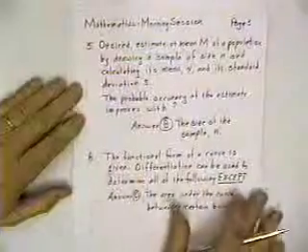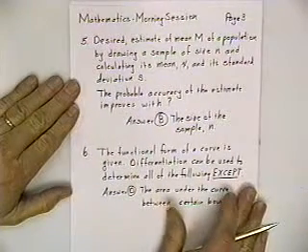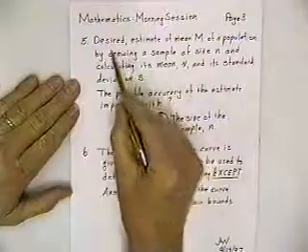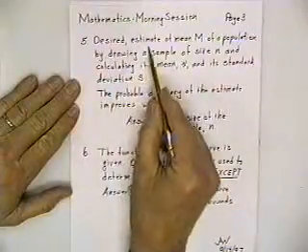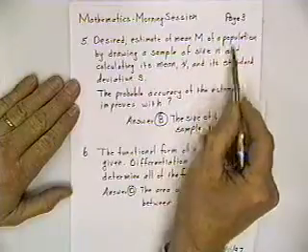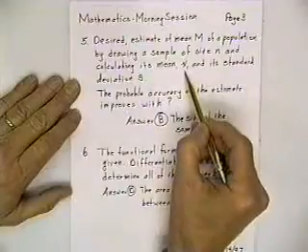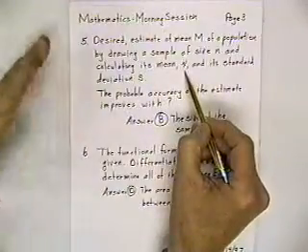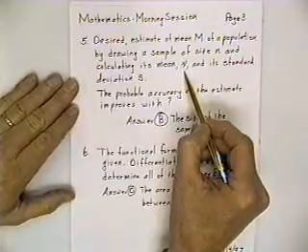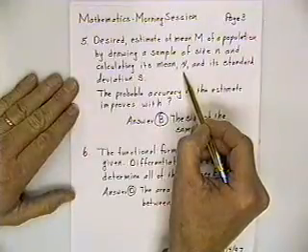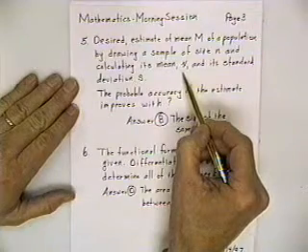Now, some of them are more difficult than others. Some of them just simply require that you read it fairly carefully. For example, in this one it says what they want is the estimate of the mean M of a population by drawing a sample of size N and calculating its mean. You folks are at Fort Hood. You get a shipment of armament, and you want to check to find out whether the shells for a particular tank have been manufactured properly. So you've got